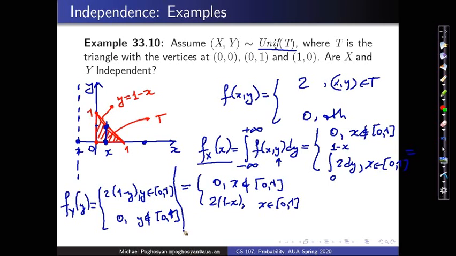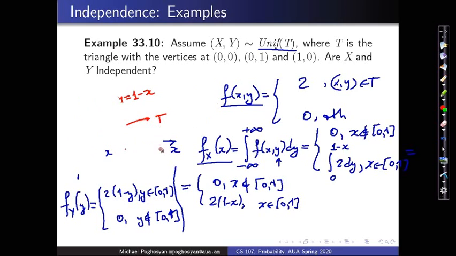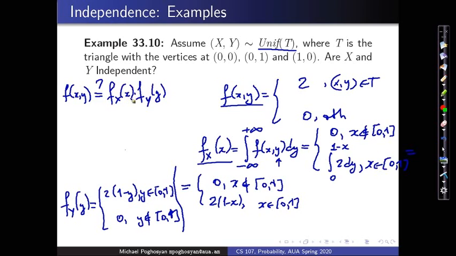Now I have both marginal distributions and I have the joint distribution. So let me check if the joint is the product of marginals or not. If I erase this part, I'm writing that equation to check. So I'm checking if f(x,y) is equal to f_X(x) times f_Y(y), for any x and y. So